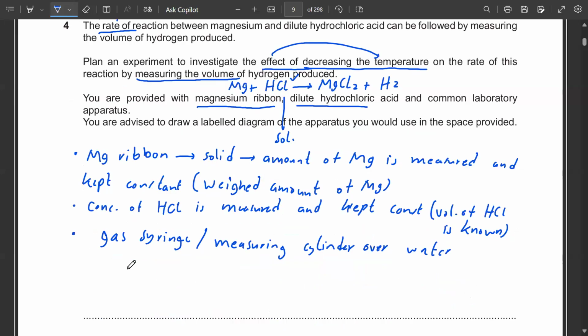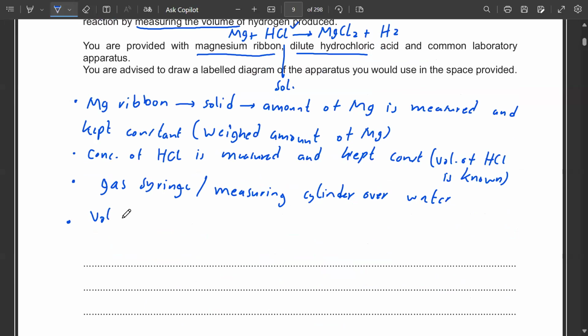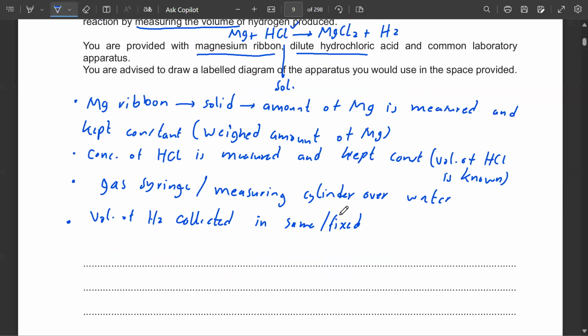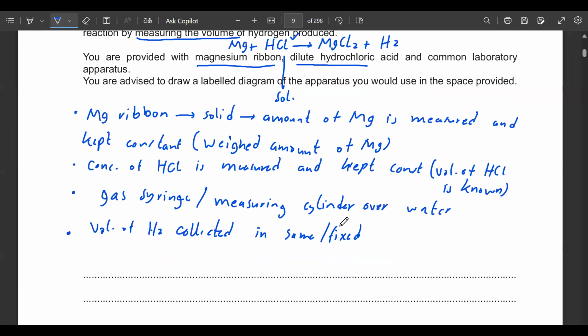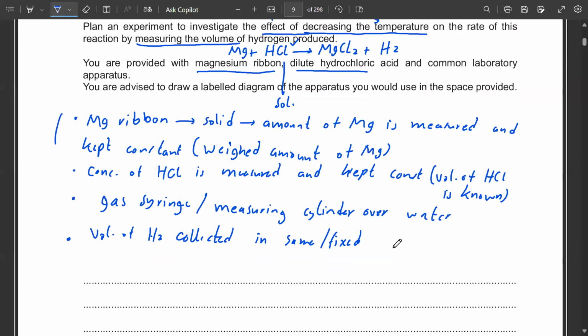But the volume of the hydrogen gas collected should be in the same or fixed time. You're supposed to collect the hydrogen gas, or measure the volume of hydrogen gas, at a fixed time. Now, this whole part was done at one particular